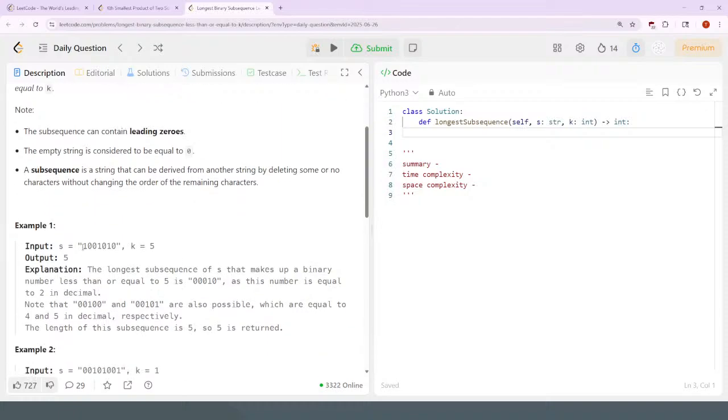You want to have the leading zeros, because that makes it longer. So you don't want to keep this one, because that prevents you from having leading zeros. So you delete that one. You have 0, 0. Technically, you could have 0, 0, 0, 0, 4 zeros, which is a number smaller than 5. But then you could also have